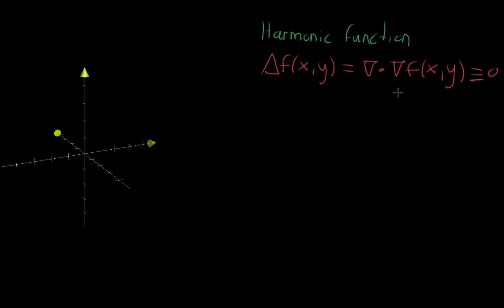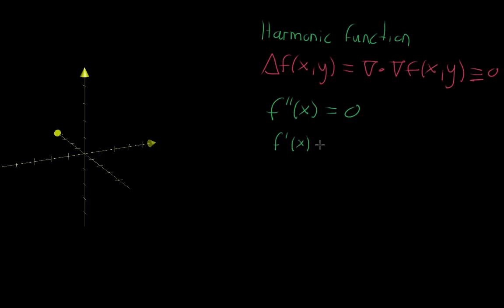And to get our head around this, as you're just starting to learn about the Laplacian, it's hard to just immediately see the intuition for what this means. Let's think about what it means for a single variable function. If you just have some single variable function of x, and you're looking at its second derivative, which is kind of the analog of the Laplacian, what does it mean if that's equal to zero? Well, we can integrate it. We can take the antiderivative and say that means that the single derivative of f, well, let's see,